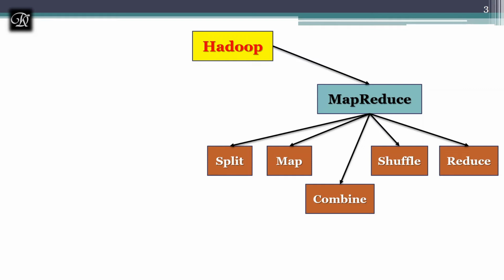The next stage will be the combine stage. This combine stage is actually an optional stage. It is possible to provide an optimization of pre-reduction as a part of the map stage, where it deals with the key value pairs. These key value pairs are combined prior to the next stage, because whatever data we get, we are going to treat it as key value pairs, which we will see in the example we are going to discuss.